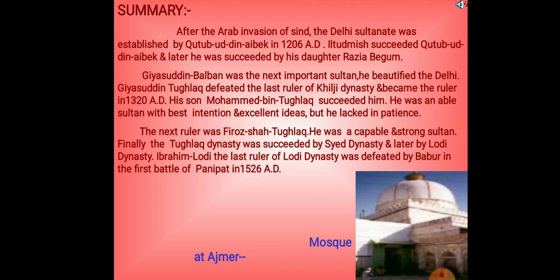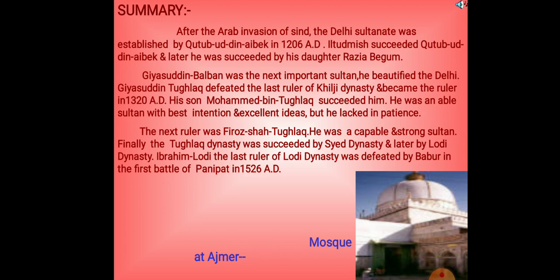After the Arab invasion of Sindh, the Delhi Sultanate was established by Qutb-ud-Din Aibak in 1206 AD. Iltutmish succeeded Qutb-ud-Din Aibak, and later he was succeeded by his daughter Razia Begum. Ghiyasuddin Balban was the next important sultan. He beautified Delhi. Ghiyasuddin Tughlaq defeated the last ruler of the Khilji dynasty and became the ruler in 1320 AD. His son Muhammad bin Tughlaq succeeded him, and he was an able sultan with the best intentions and excellent ideas, but